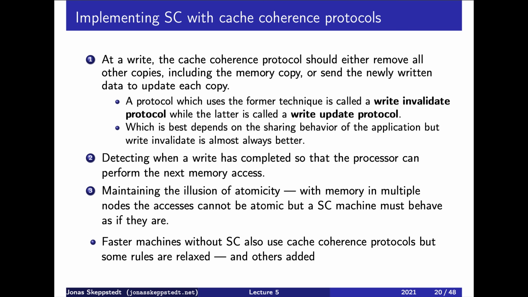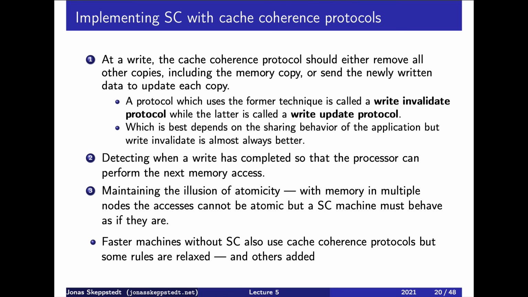But it is not the case that the engineers at Digital Equipment and other companies didn't measure and determine that it could be a good idea to use the write update. Obviously they did, but for the majority of applications that customers actually wanted to use these machines for, it turned out that write invalidate is more suitable. So that's the first issue: what to do when a CPU wants to modify a variable.